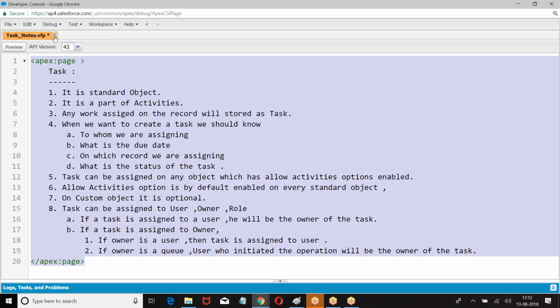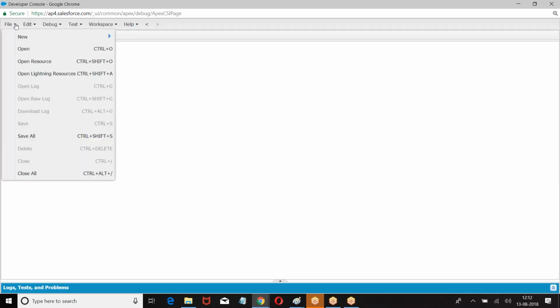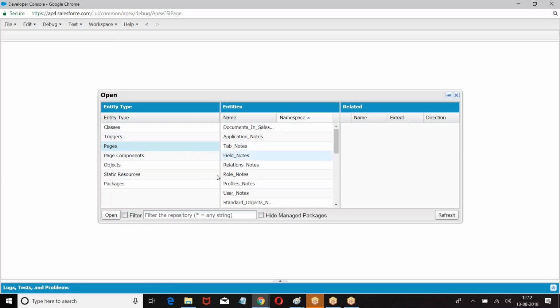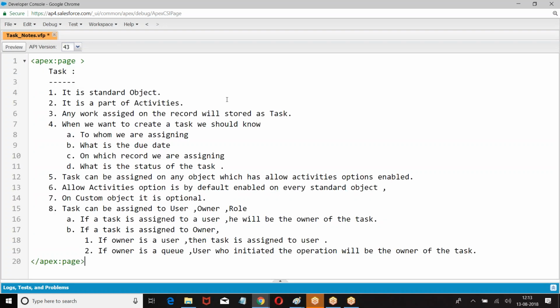So task can be assigned to a user, a role, or an owner. If owner is a user, then no problem. If owner is a queue, then task should be assigned to the user who initiated the operation.